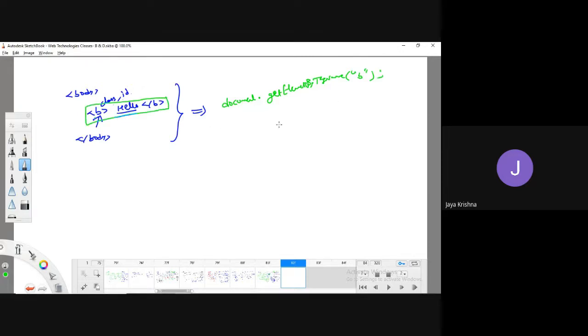Now, if I would like to access this data, we can simply add a property, either innerText or the textContent property, so that we get the data hello. That is that simple.